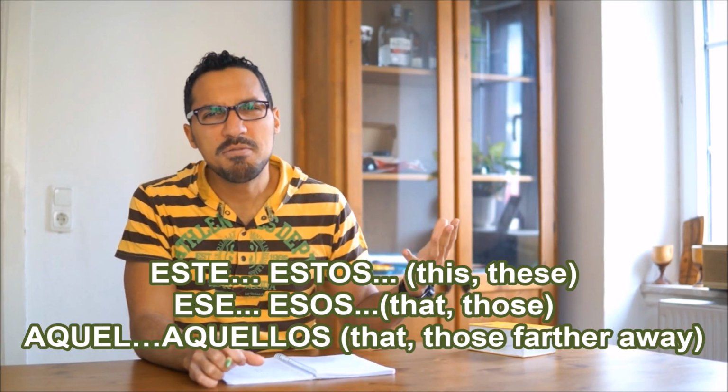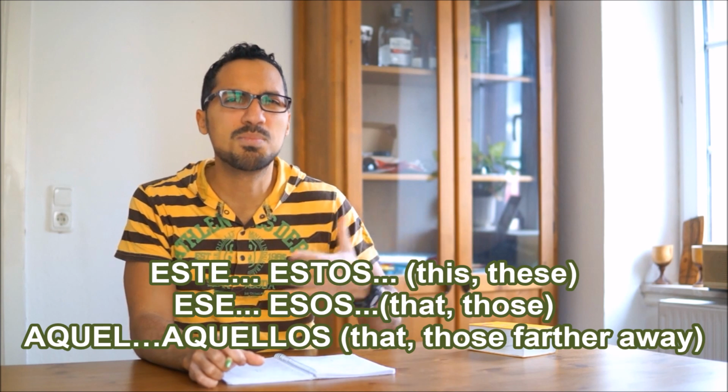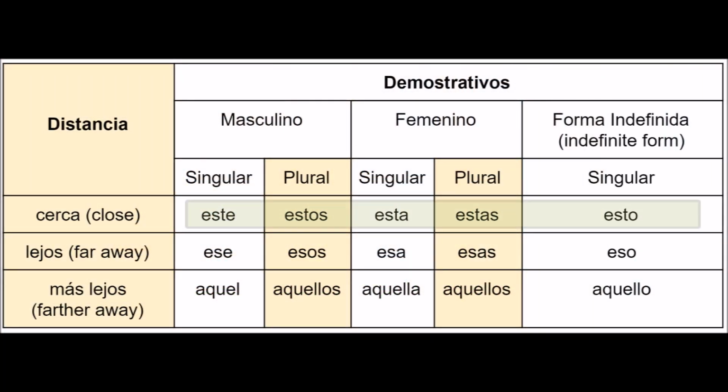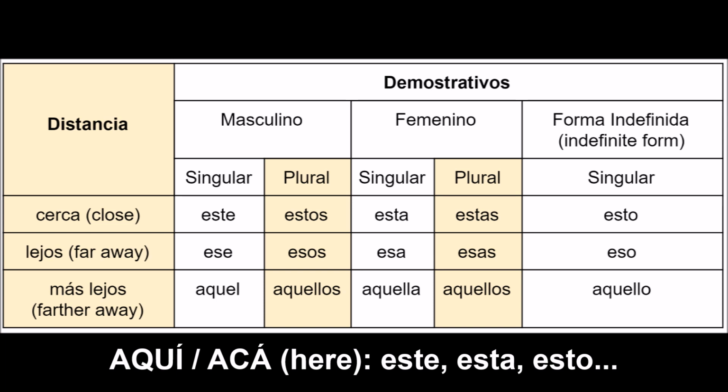Okay, so which demonstrative pronoun is used when something is near the speaker again? The masculine demonstrative pronouns este, estos, and in the feminine form esta, estas, are used the same as this in English. Namely, if what we are referring to is near the speaker. We always take these demostrativos when the Spanish adverb of place, aquí, acá, here, can also be used.